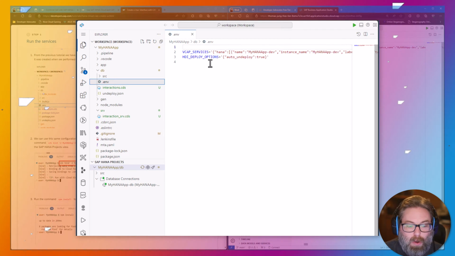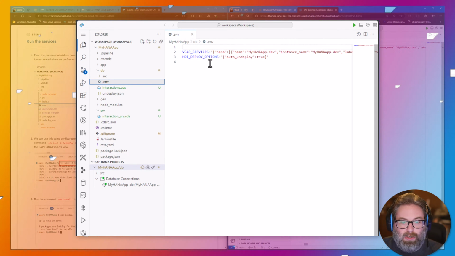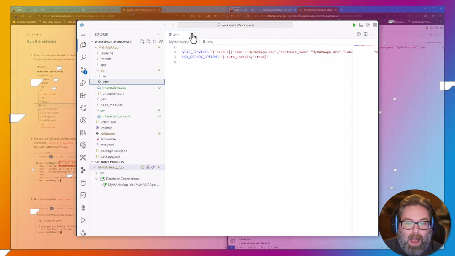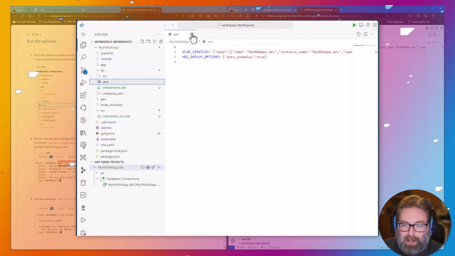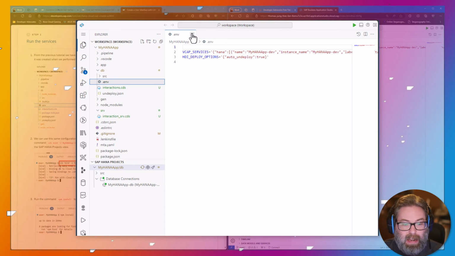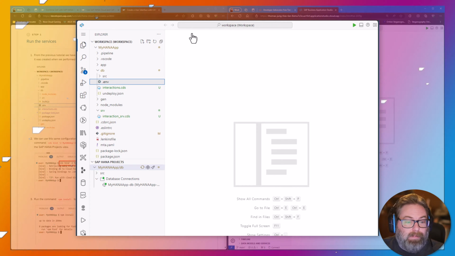Now, we're going to use very similar configuration to connect to the HANA database for our CAP services when it runs, but we're not going to have to use a local file like the deployer does, like this .env. Instead, the Cloud Application Programming Model has a feature that allows us to do hybrid testing, but without storing any of these credentials or connection settings in a local file.